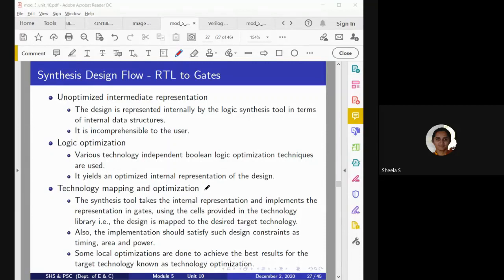So like this, he will specify which technology and what are the basic cells present in that particular technology. For example, if I consider a package of logic gates, then it should have at least a two-input AND gate, OR gate, and inverter, that is NOT gate. If only these three are available and I want to perform an XOR operation, what do I have to do?